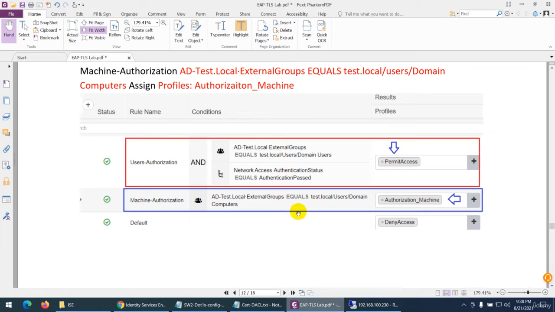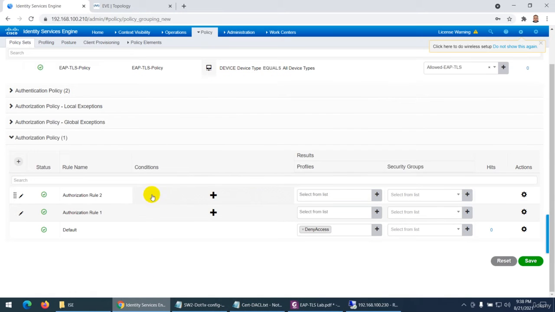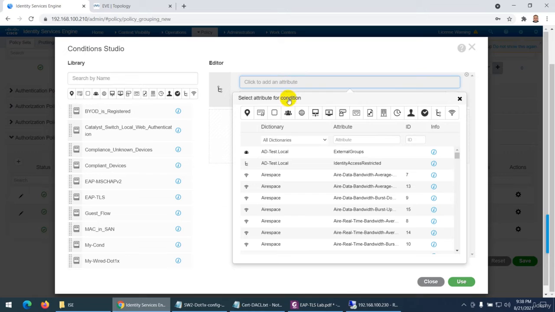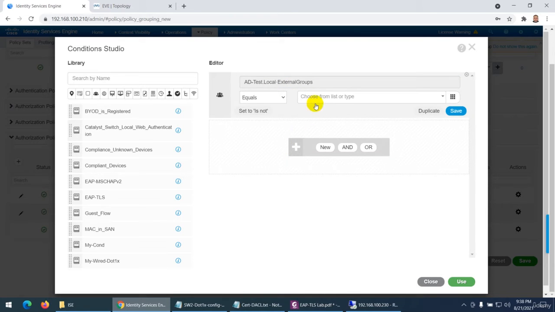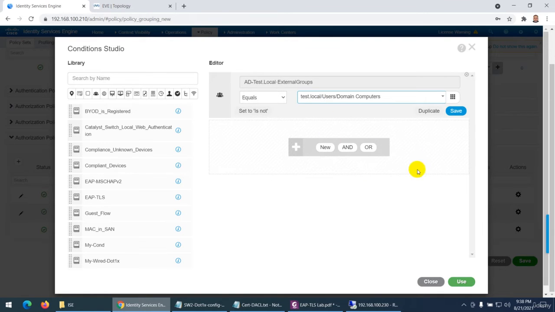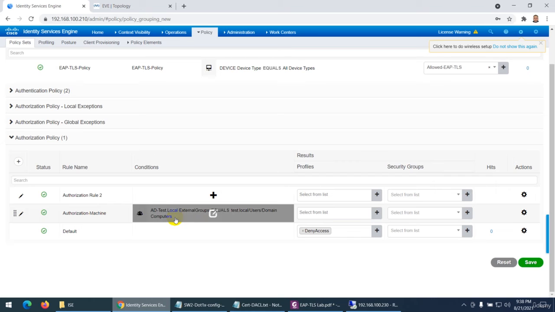So for machine authentication, a simple rule: if the machine is from domain computers. So let's do that one. This one is authorization, I will say machine, and I will put the condition here, and I will say that if the computer is AD local and if it is from domain computers, that's it. This is the rule I say, that if the machine is registered in the Active Directory domain computers, so what to do,